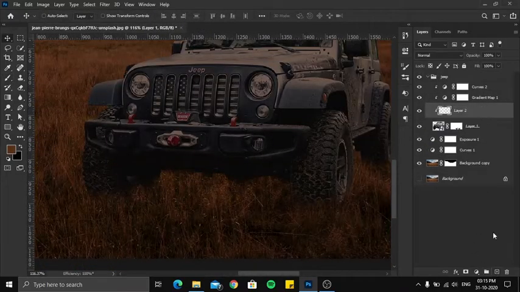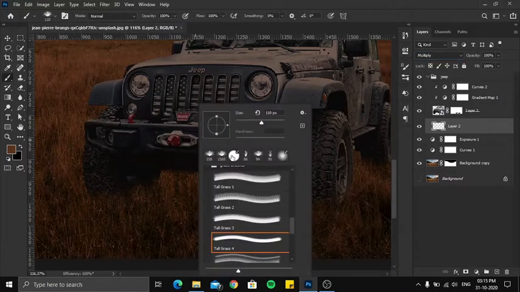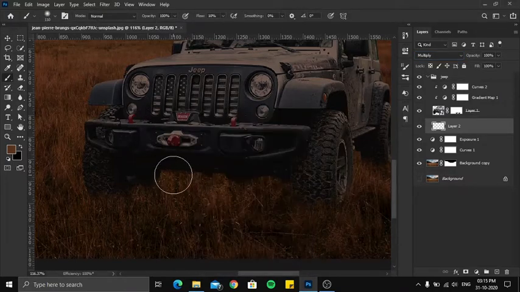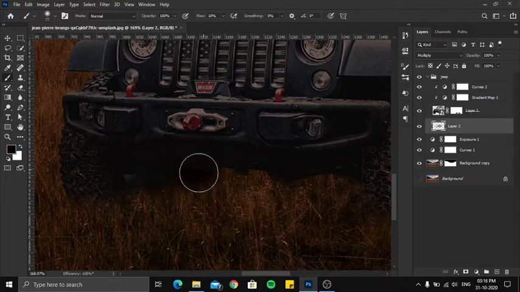Now let's work on the details, and I'm going to create a shadow of the Jeep just below it, and we're going to use a soft round brush with opacity set to 10 or 20 maximum, and create a new layer, change the blend mode to multiply, and start painting the shadows. Shadows are formed on the opposite